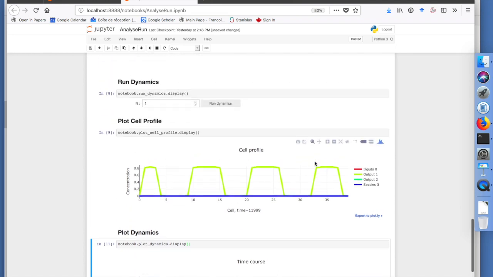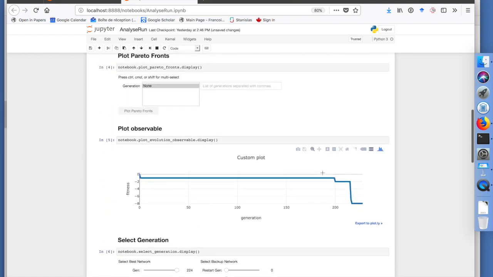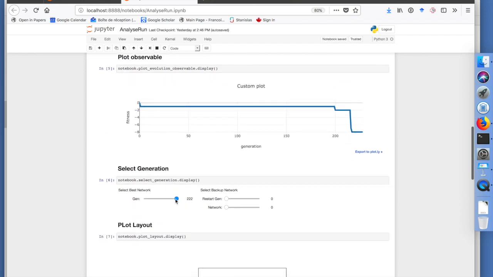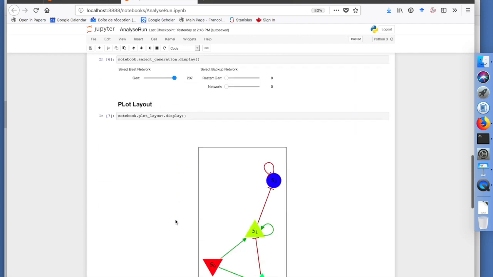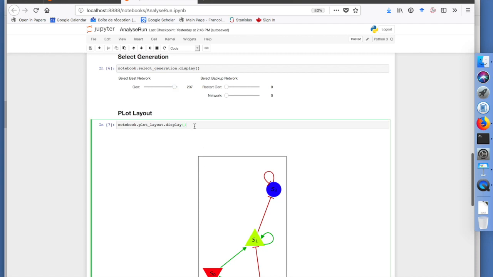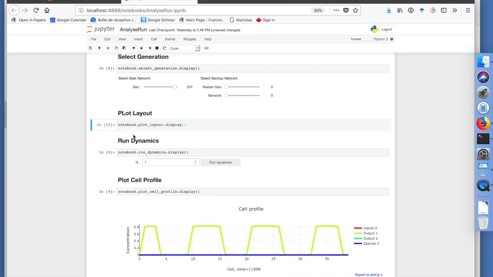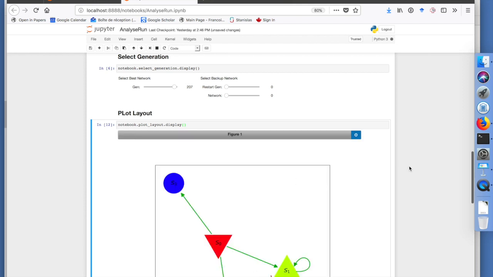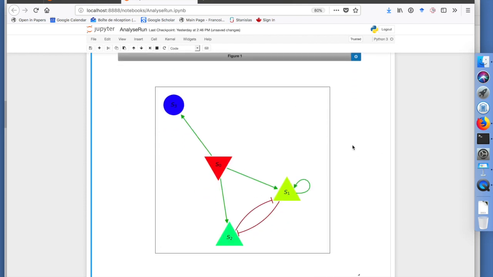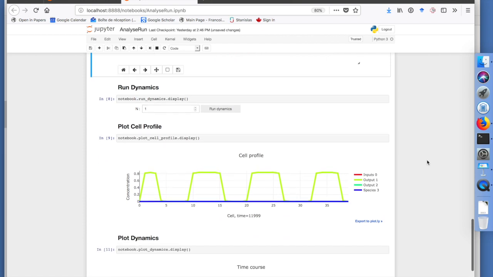And of course, you can do many other things. For instance, you could go back to earlier generations. So for instance, let's go to generation 207 to see exactly what kind of networks we got at this point and what this behavior is. So we can again plot the network at generation 207. And so you see it's actually a slightly more complicated network, but what we see is that basically this is probably just a bistable system. And so now if we look at the profile corresponding to this network,